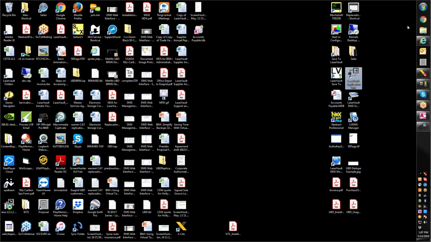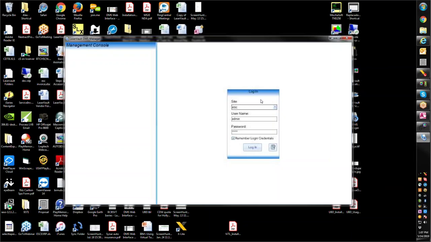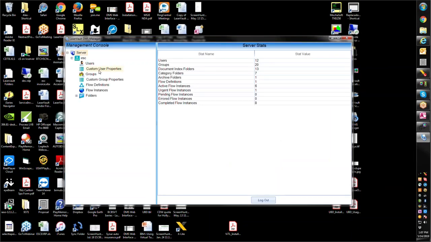Let's go into the management console. Let's see, that's workflow. Where's my DMS scan station? Oh, there it is, right in front of me. Okay, so probably I'll just start with the DMS management console first, just to go over the